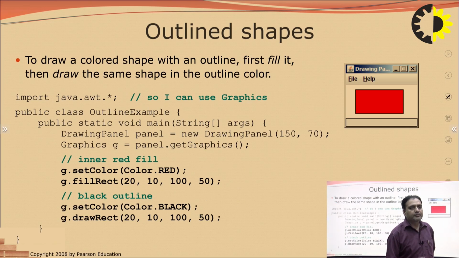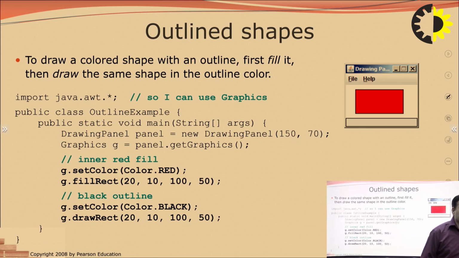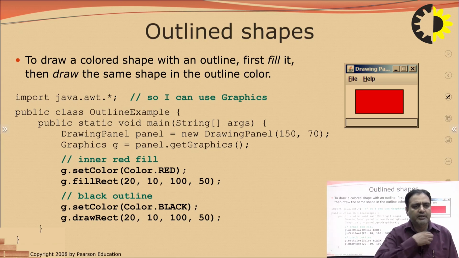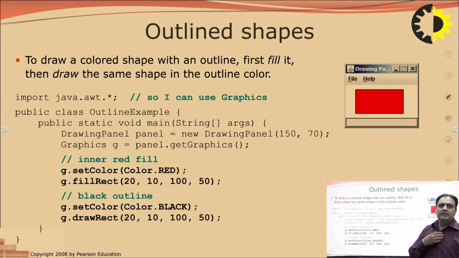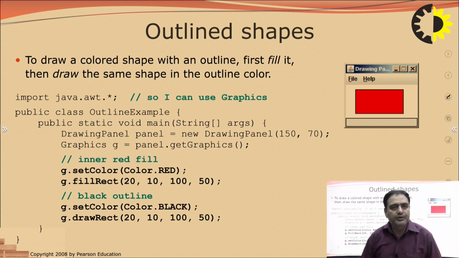Outline shapes: to draw a colored shape with an outline, first fill it, then draw the same shape in the outline color. Firstly, one by one, you create the drawing panel, then you create the shape, then you fill the color, then you draw